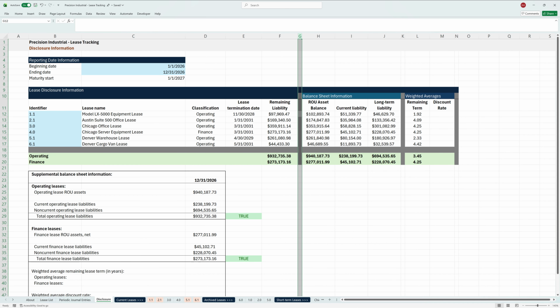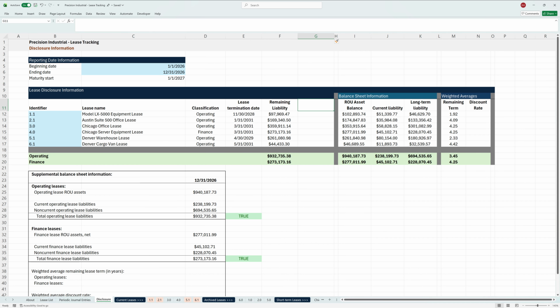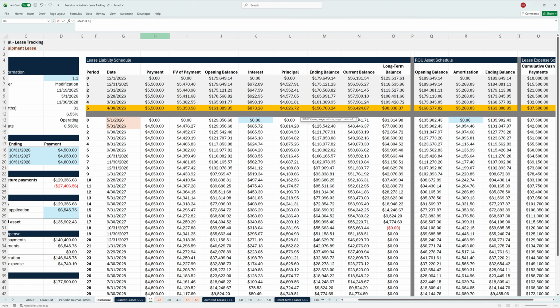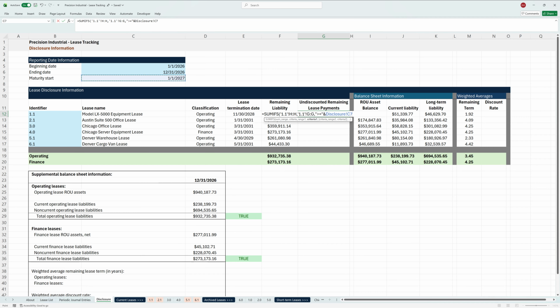So let's add another column here. We'll call this undiscounted remaining lease payments. And then to calculate this, we'll use a SUMIFS formula. We will sum up all the payments on our lease worksheet if the date is greater than or equal to our maturity date here. So that should capture any cash payment we'll make in the future after our reporting date